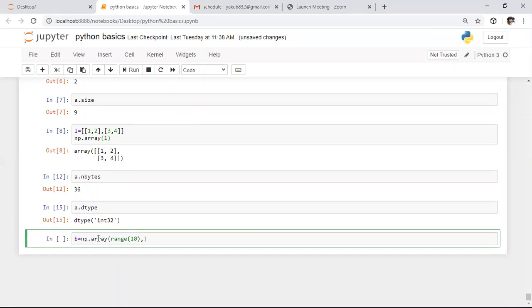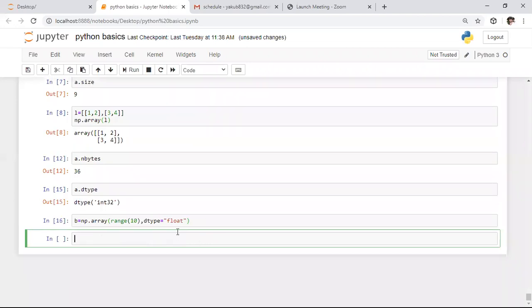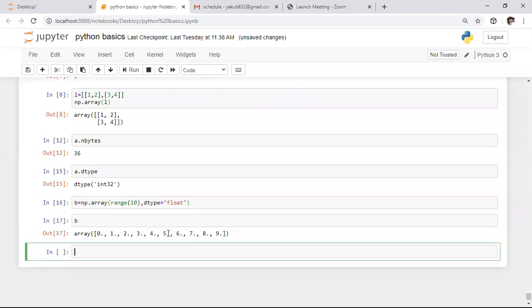After this I want to specify the data type also, so I am using the dtype field. I want to represent all these numbers in floating point representation, so for that purpose I specified float. Now I define this and observe the output. Whenever you observe what is present in b, it returns an array created with all the elements, and the output is in the form of only one axis. That is nothing but a one-dimensional array.